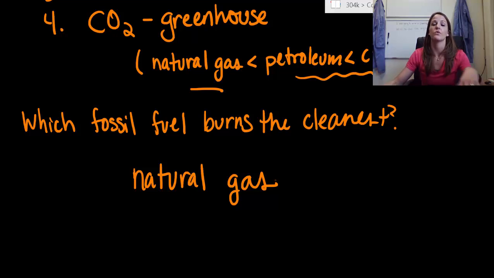So what I mean by that is it releases the least amount of carbon dioxide into the atmosphere. So it's the least offender in terms of global warming. Now, if I had a gun to your head, that sounds awful, but let's say I forced you to choose which fossil fuel out of natural gas, petroleum, and coal would you use if you could only pick one for the entire United States energy source, which would you pick? Well, hopefully you would say definitely natural gas. And here are the 2 reasons why. The first one is it burns the cleanest. It does not release that much carbon dioxide into the atmosphere relative to the other 2. But it releases the most amount of energy upon combustion if we're just comparing 1 gram burnt of each.